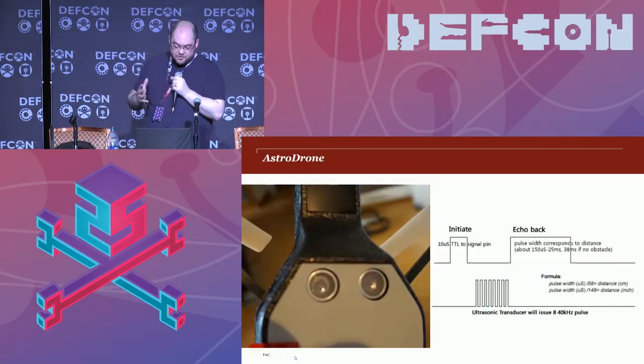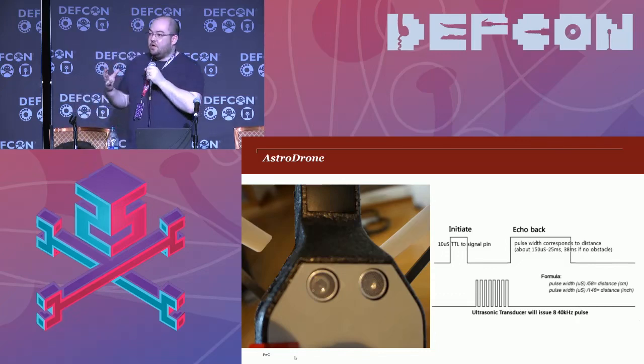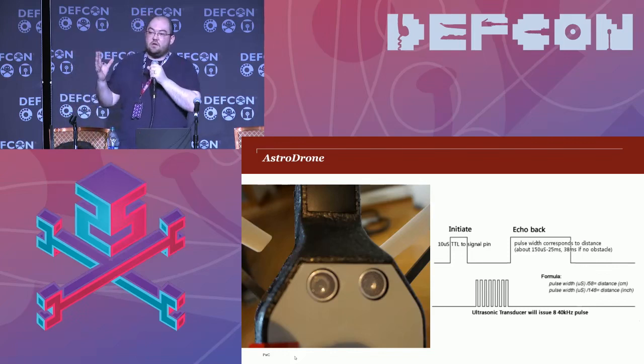Okay, and the last thing I want to show you is this. So this is Astro Drone. This is using echolocation jamming against ultrasonic altimeters in drones. I've demonstrated it with a Parrot just because I had one handy. It's not picking on Parrot specifically. Other drones with ultrasonic altimeters will be vulnerable to this as well. So the idea with an ultrasonic sensor is it uses echolocation, right? You have a transmitter that sends out ultrasonic pulses at a particular frequency. They hit an obstacle, get reflected back to the receiver. And based on the width of the pulse that comes back, the navigation board can infer how far away it